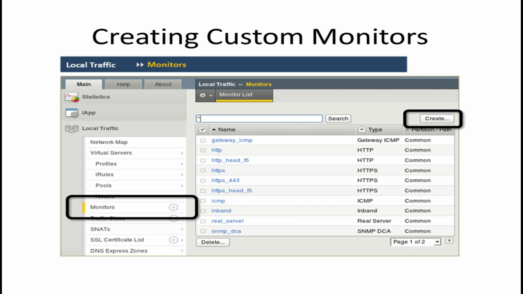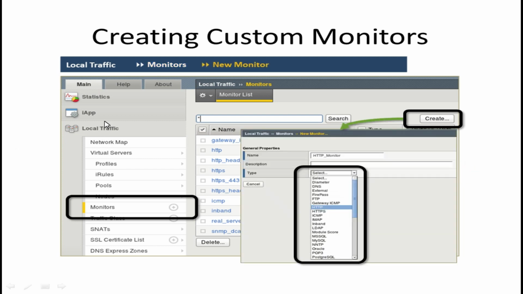But if in your environment this time is too long, you can make the keepalive time 2 seconds. So it would be 2 threes are 6, plus 1, 7. So after 7 seconds, you are reducing the whole time by half. You can create a custom monitor like that. We will see it in our lab section also.